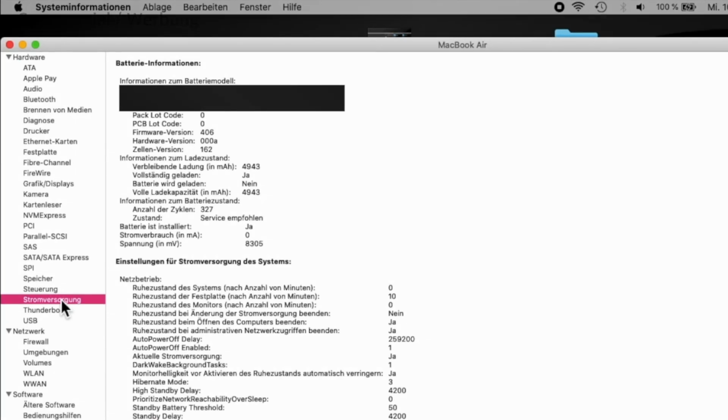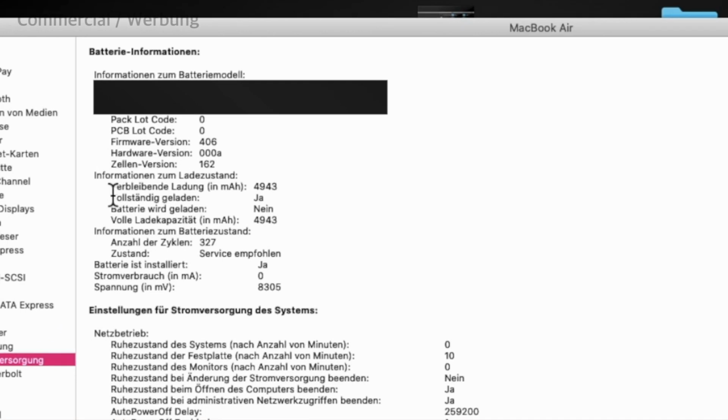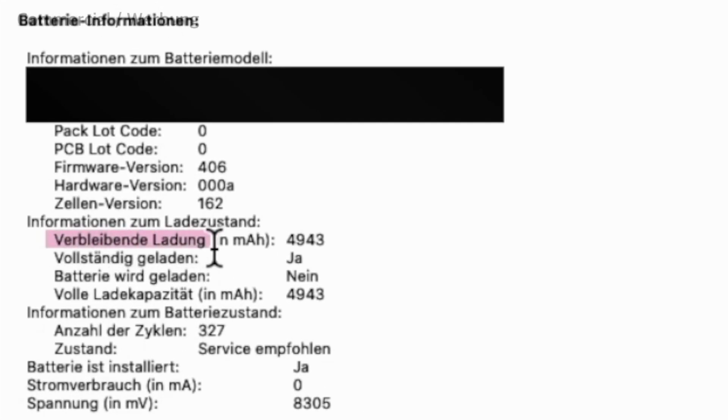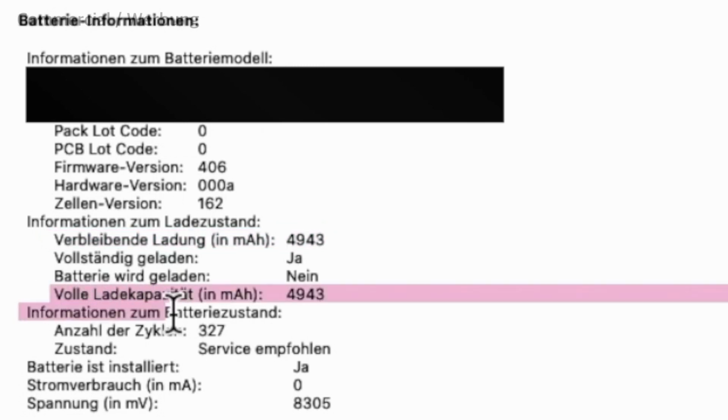In the details, we can find the current state of charge and the actual remaining battery capacity. The current state of charge is 4943 mAh, and the remaining battery capacity after degradation is also 4943 milliamps. This means that the battery is fully charged at this point in time.